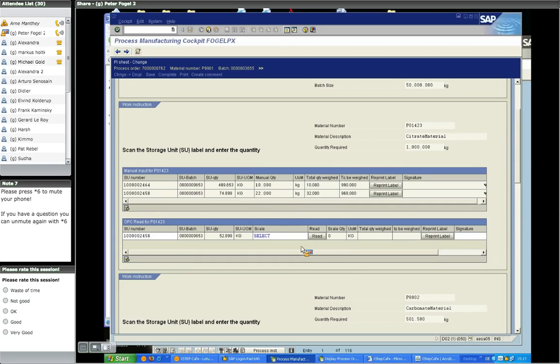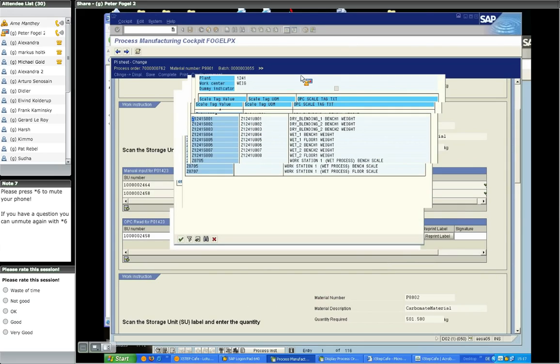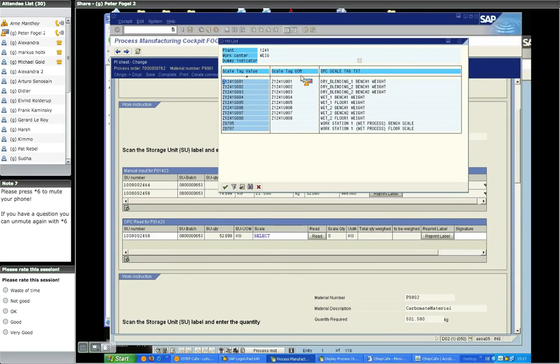This storage unit gets a printout, and it's transported to the production area where this container can be consumed. It can as well be transported back. You could say this is a kind of material staging. Correct. It could also be done by warehouse procedures, but in this case you're doing it with a PI sheet. Correct. You could do it as well